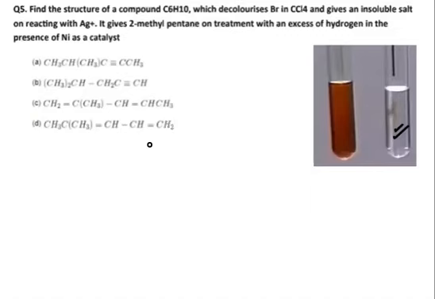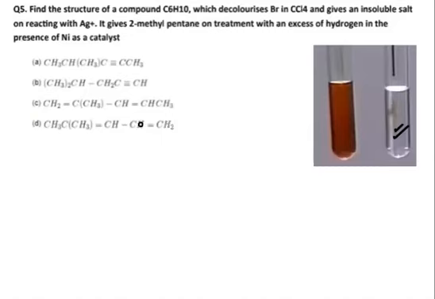But the key aspect of this particular reaction is that it can react only with a terminal alkyne, because the hydrogen of a terminal alkyne is highly acidic. It can be replaced. And if silver ion is replacing the hydrogen on the terminal alkyne, it will result in a salt which is insoluble in the solution.